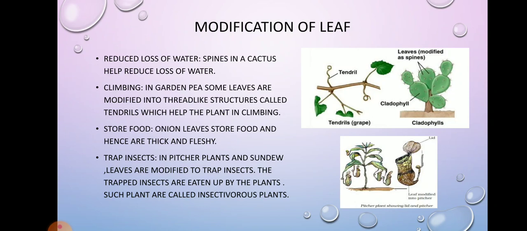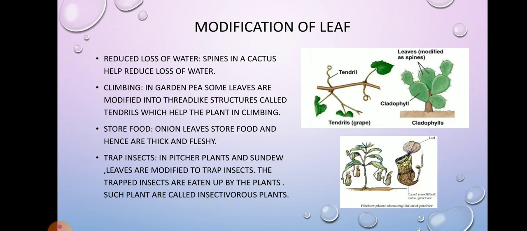These are plants which are greenish in color, but they do not depend on photosynthesis for their growth; instead they trap and eat insects. Now in the picture you can see a pitcher plant, where the leaf is modified into a pitcher. Pitcher means it's like a pot, like a flower pot. The same way this pitcher plant has a pot-like structure. When an insect sits on the lid of the plant, you can see in the diagram there is a lid present which is reddish in color, which attracts the insect towards it because of its colorful appearance.